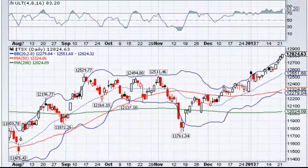Today is Tuesday, January the 22nd, 2013. We're going to be having a look today at the Toronto Stock Exchange, also known as the TSX. In this particular chart, we're looking at several months, and each one of the candles represents a single day of trading activity. I want to show you a couple of different variations on this chart. We're going to start off looking at the daily chart, and then we'll move on to the weekly chart